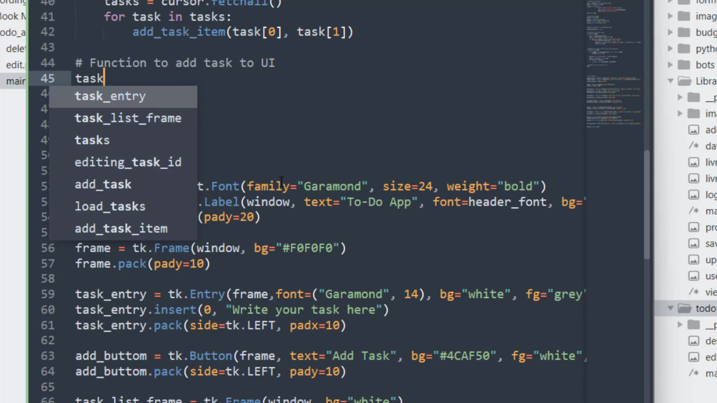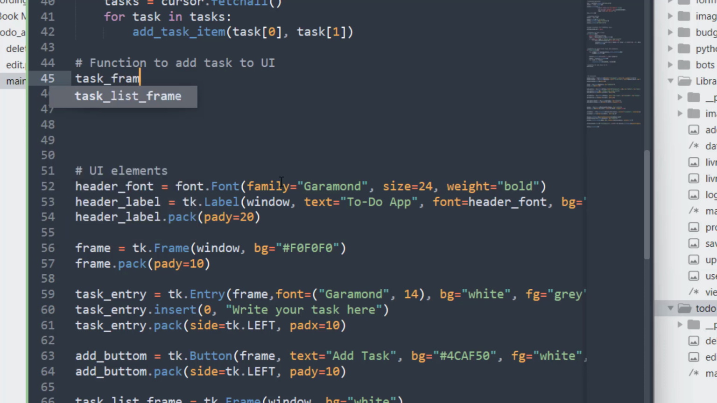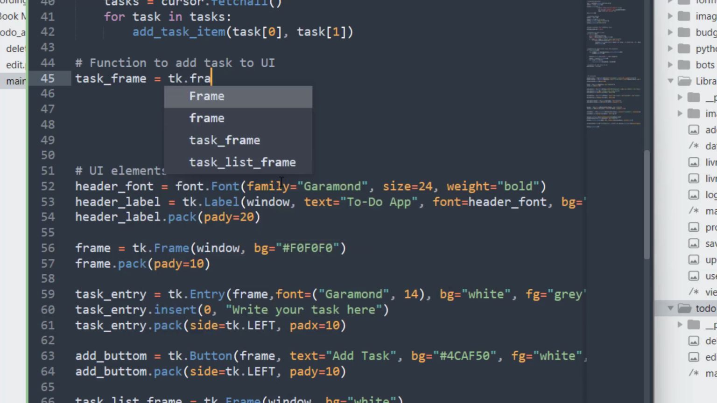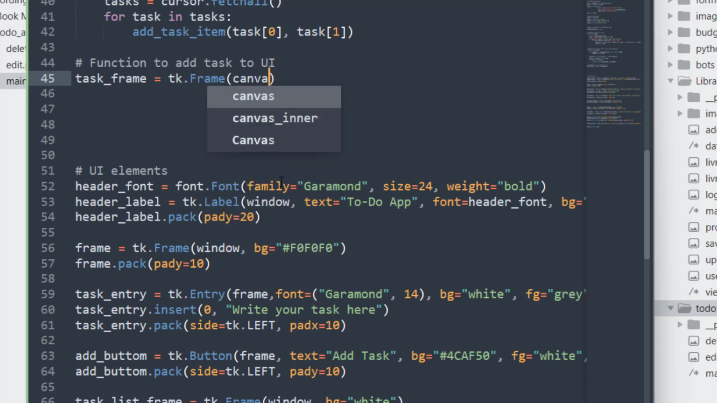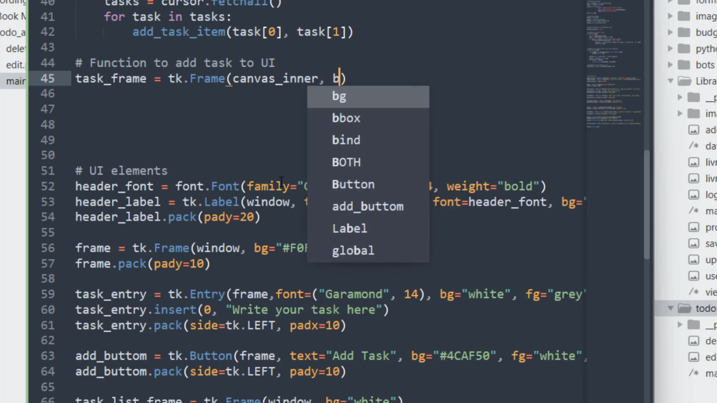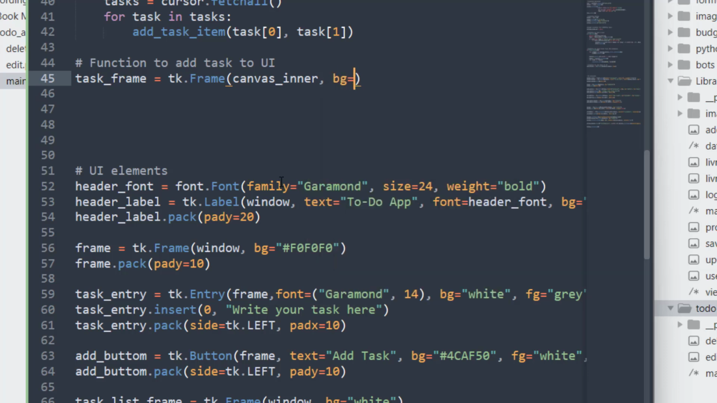task_frame. This task_frame will be equal tk.Frame, open and close. The first letter of Frame is always capital. So here inside we are going to say canvas, so we'll be inserting all the tasks inside of the canvas that we created. Comma, bg will be equal white,